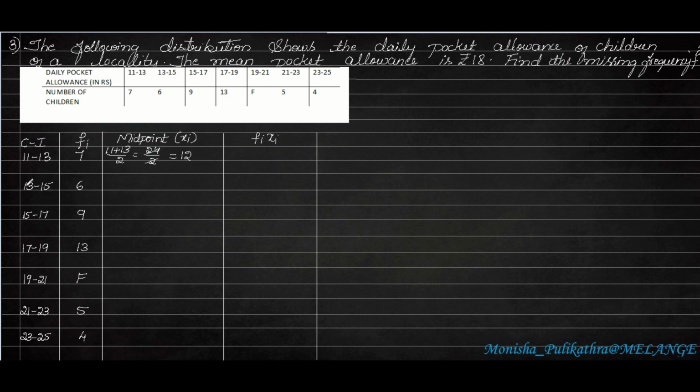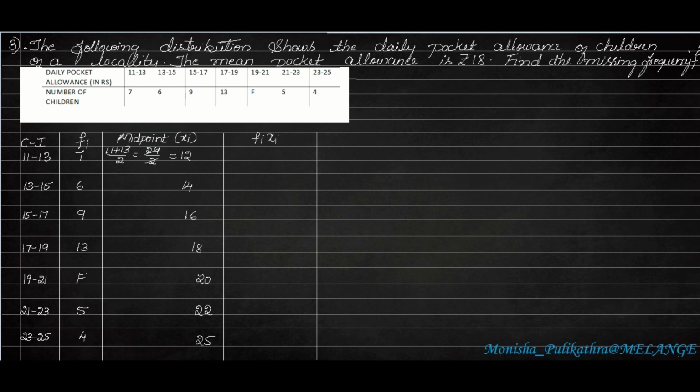So I will be taking directly. So 13, 14. Here 14 is the midpoint. Or else you can divide it also. So 15, 16, 17. Here 16 is the midpoint. So next 17, 18, 19. Here 18 is the midpoint. So next 19, 20, 21. Here 20 is the midpoint. Next 21, 22, 23. So 22 is the midpoint here. So next 23, 24, 25. Here 25 is the midpoint. Okay. So 25 is the midpoint. You can write the divide by everything here.